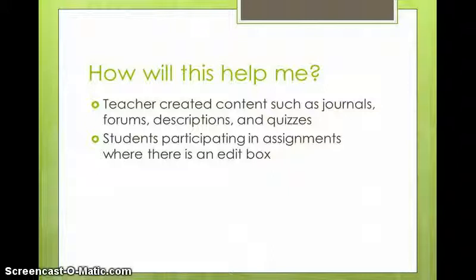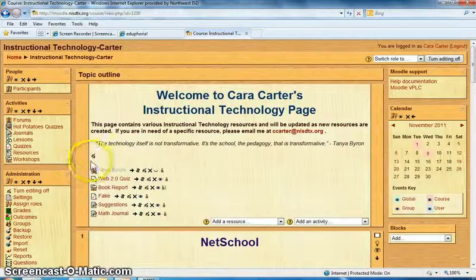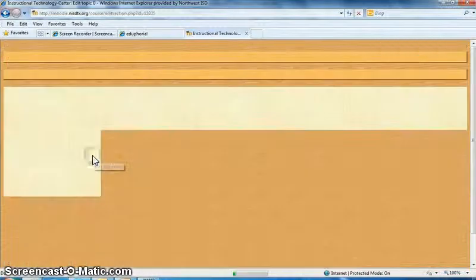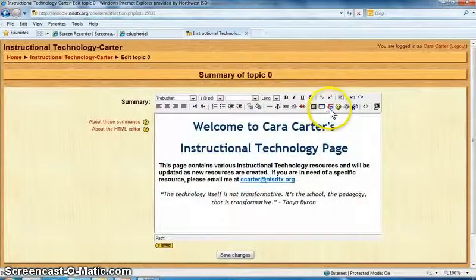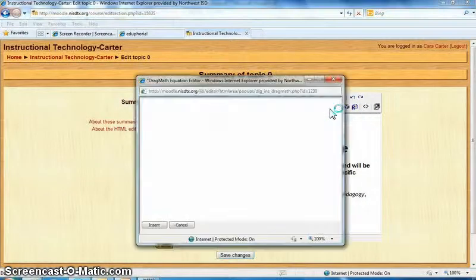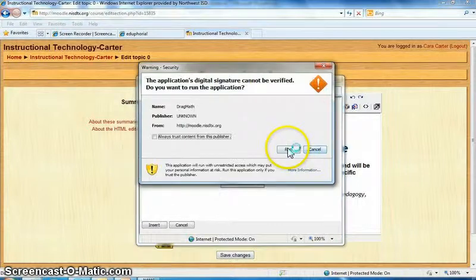Some of the main ways that I'm going to discuss in this video is when you create content such as journals, forums, descriptions, and quizzes, and it will also help when students are participating in those assignments, such as journals, forums, and descriptions. When you're in netSchool and you go to edit a section, you'll see you have a new option up here. This icon says Insert DragMath. When you click on that, it will allow you to actually create an equation